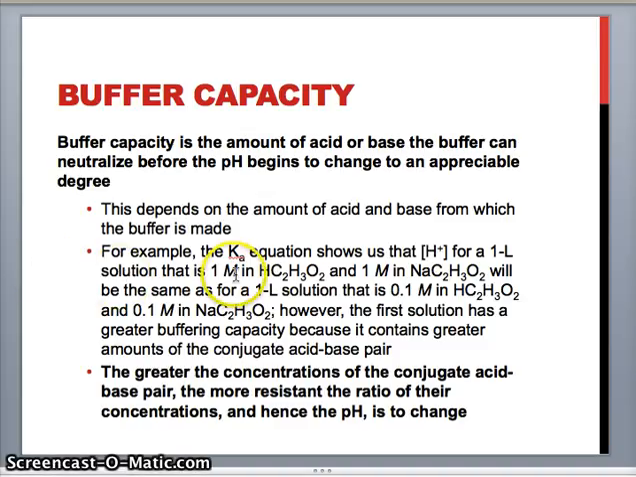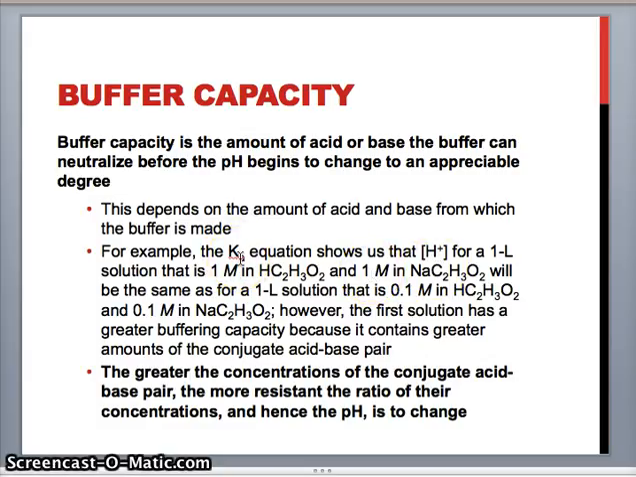So for example, if we have a 1 liter solution that's 1 molar in acetic acid and 1 molar in sodium acetate, and we also have a different buffer system that's only 0.1 molar in acetic acid and 0.1 molar in sodium acetate, even though they're the same buffer system in terms of what acid and what conjugate base is present, and therefore they have the same Ka value and